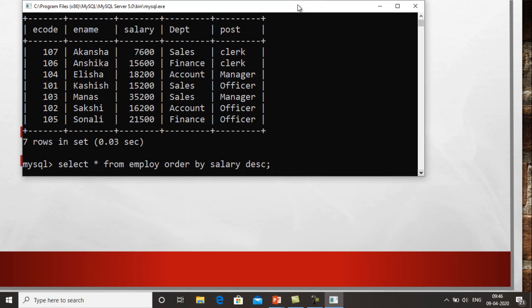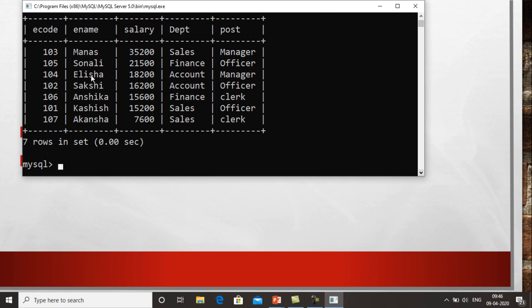Once I enter this command, I press enter. Now you can see the records of all employees, and these records are arranged on the basis of their salary. First we are getting the record of Manas because his salary is 35,200, then 21,500, 18,200, 16,200. So you can see that the records are arranged on the basis of their salaries in descending order.